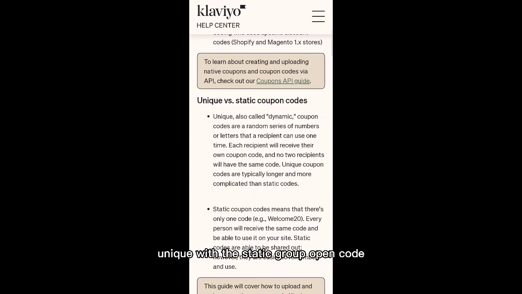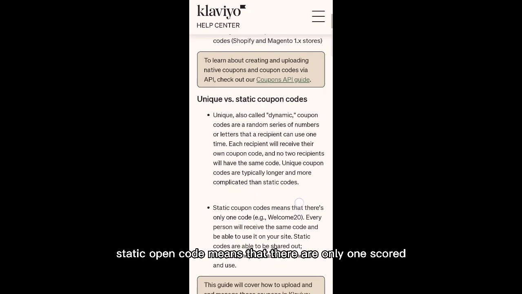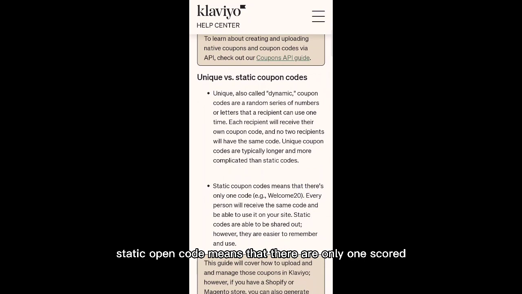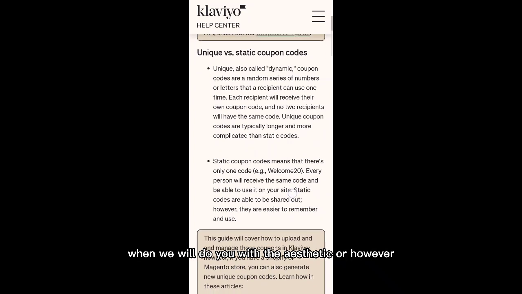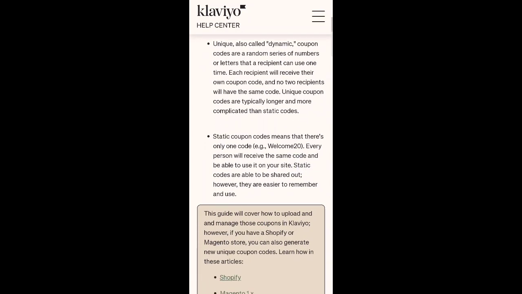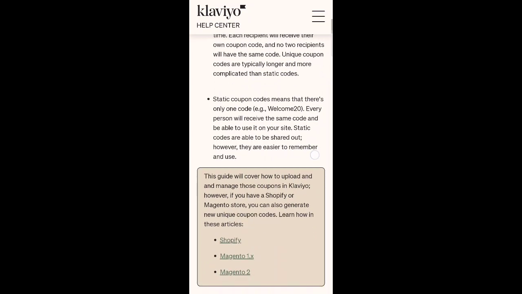Unique versus static coupon code. Static coupon code means that there is only one code. Welcome 20. Here, example welcome 20. Every person will receive the same code when we use it as static. However, Klaviyo